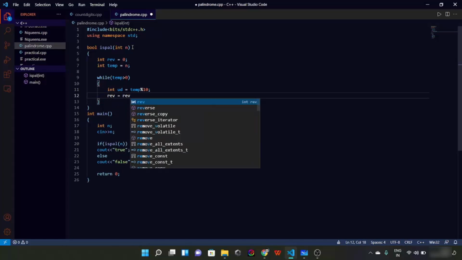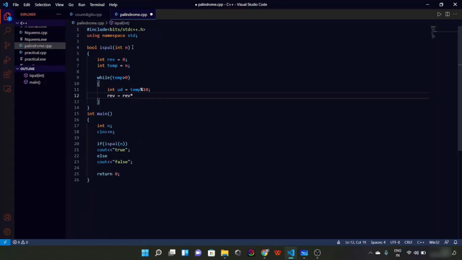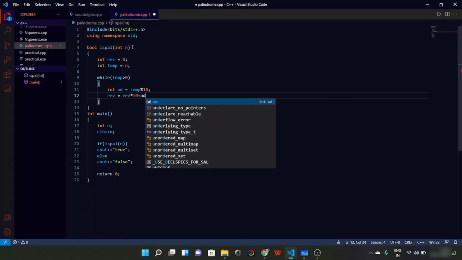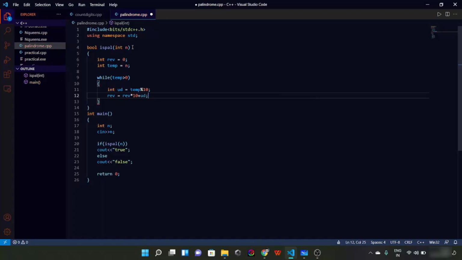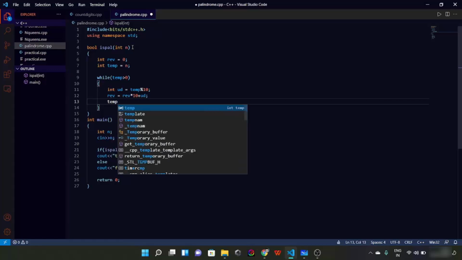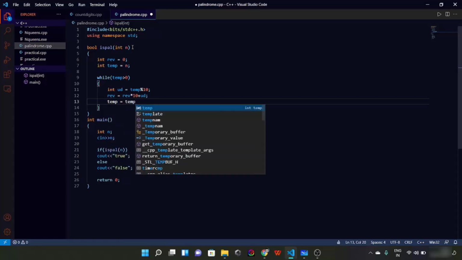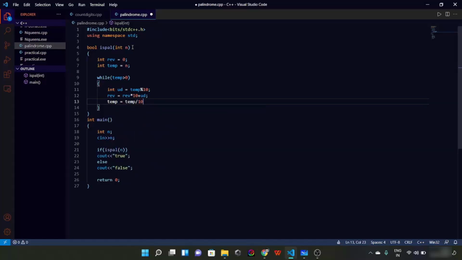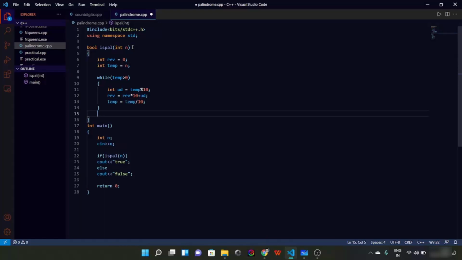We'll have reverse equal to reverse times 10 plus unit digit. Alright, and then we'll have temp equal to temp divided by 10. Alright,